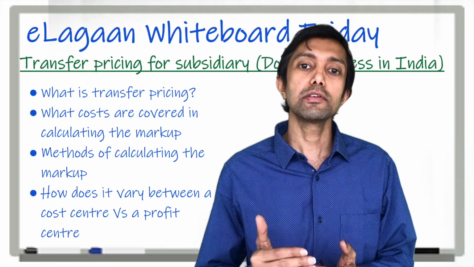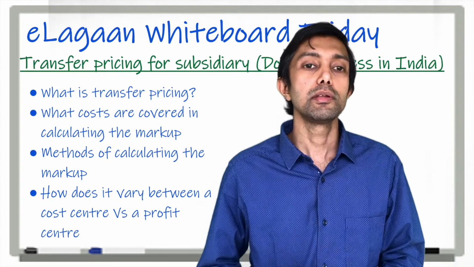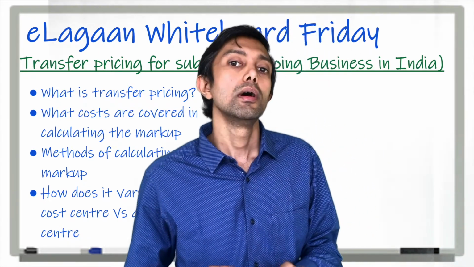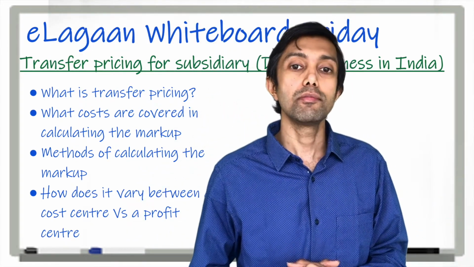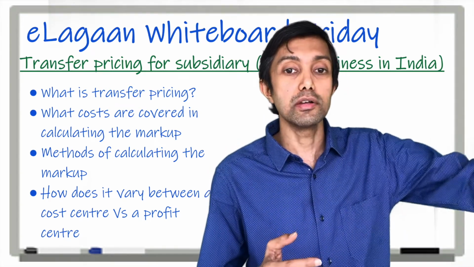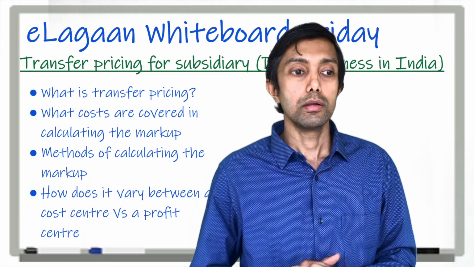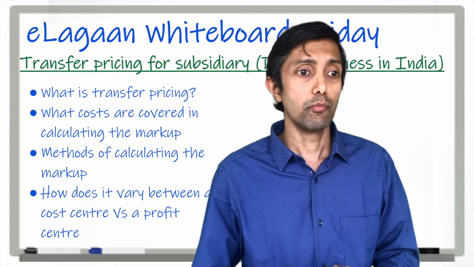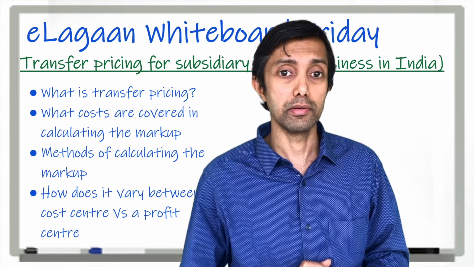The transaction has to happen at a price which is at arm's length. This means that if you were to render these services or procure these services from a third party unrelated entity, then the price that you would have actually charged has to be the price that you are charging in respect of transactions with related entities. Now, when does transfer pricing apply? As mentioned, whenever transactions with related parties happen, transfer pricing applies.